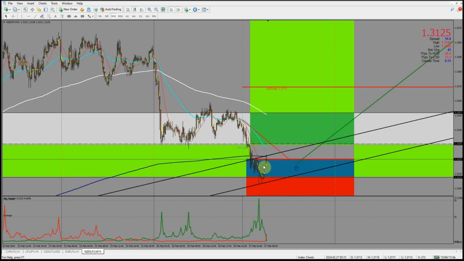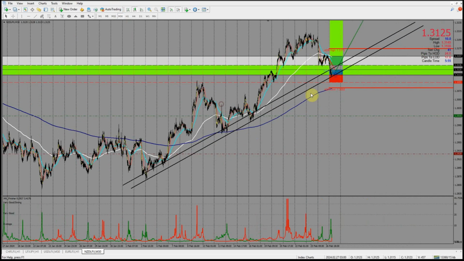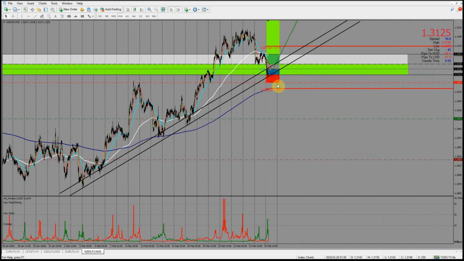So price may just continue railing up to the upside, and because there's also a diagonal resistance, those trend lines there symbolize a diagonal trend line. My moving averages, I use them as dynamic support and resistance.